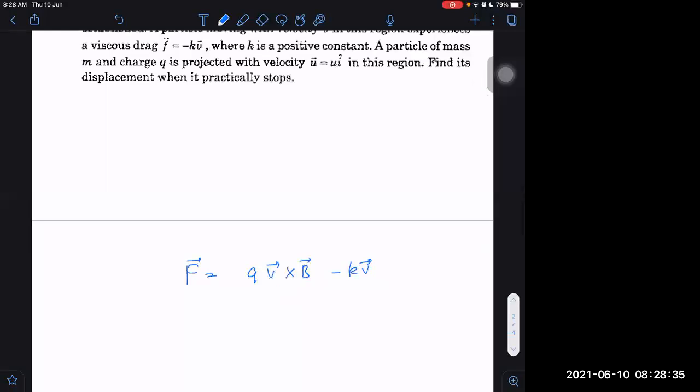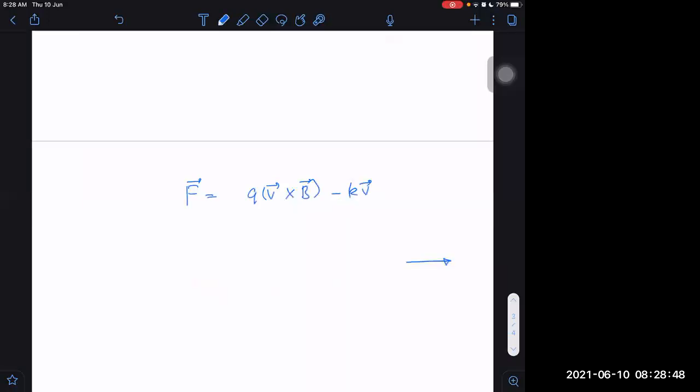And are these two forces perpendicular to each other or not? How? Yes, sir, it is perpendicular, because it is tangent to velocity. The magnetic force is always perpendicular to velocity. This is against velocity. If I say velocity is in one direction, then v cross B will be definitely perpendicular to that.